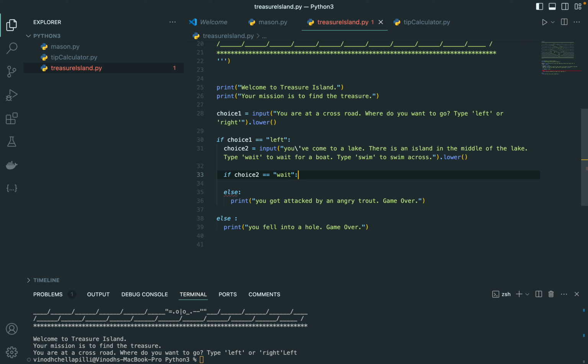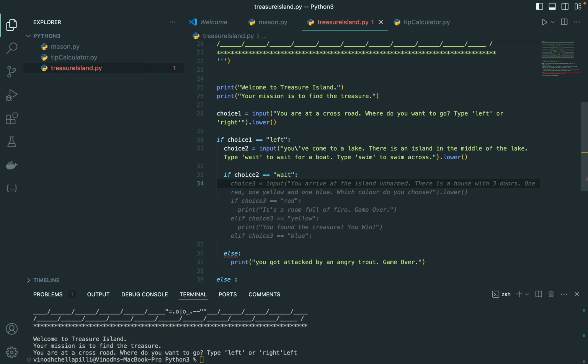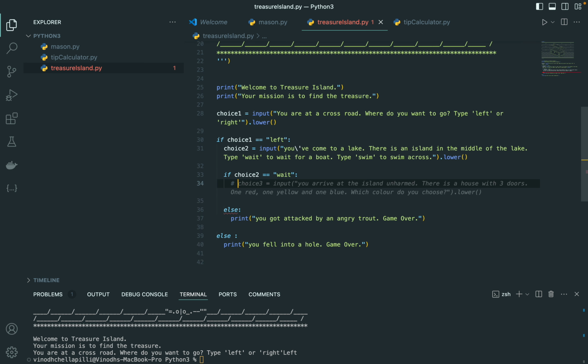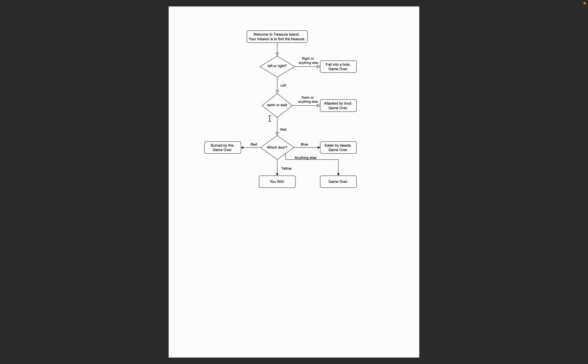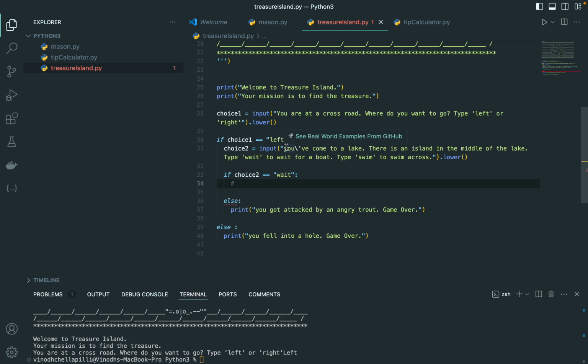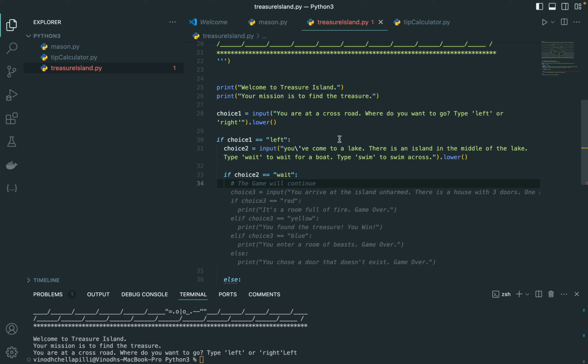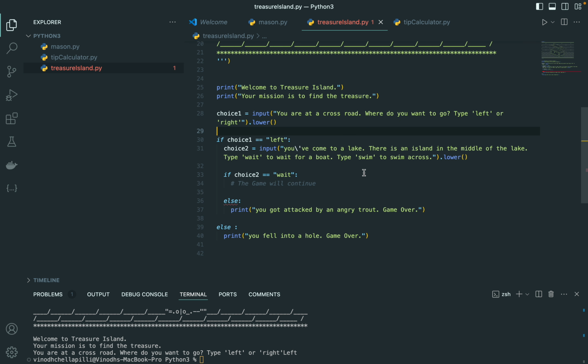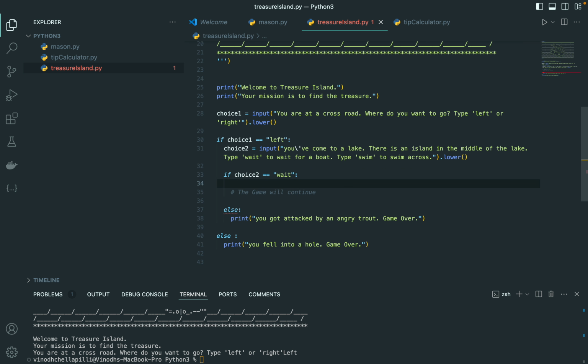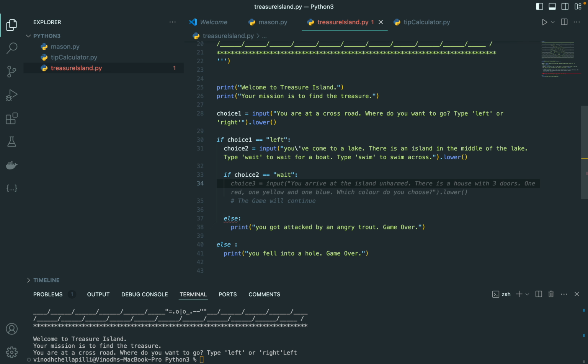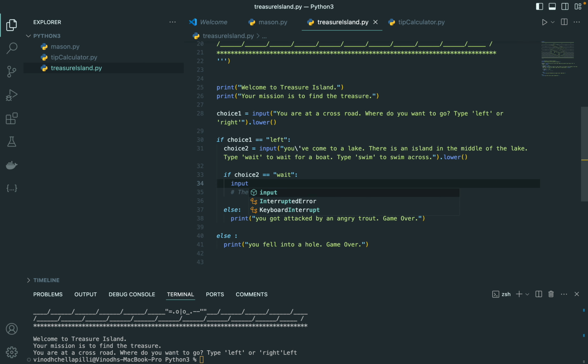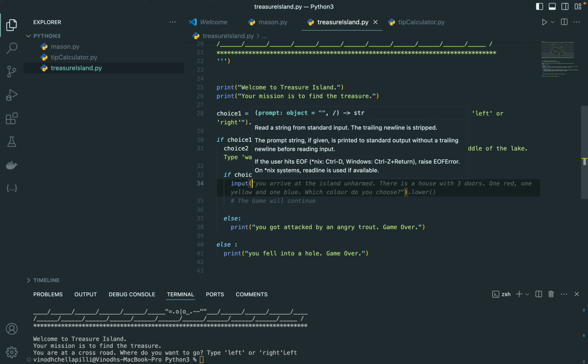Okay, so if we wait, what will happen? If we wait, the game will continue. So if the choice is equal to wait, then I'm going to add here one input statement, input of